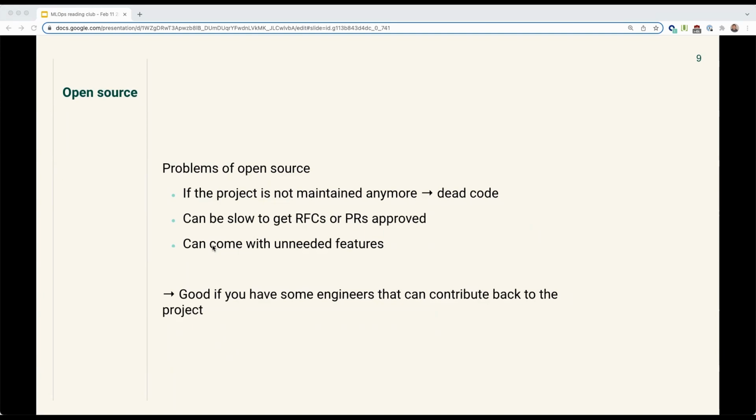And then the last one was open source. For us, there are other things to take into consideration. If the project is not maintained anymore, you can end up with some dead code. It can be slow to get RFCs or PRs approved. And it can also come with a lot of features you don't need or components you will need to support. That remains a good option if you have a couple of engineers that can be involved in that open source community,